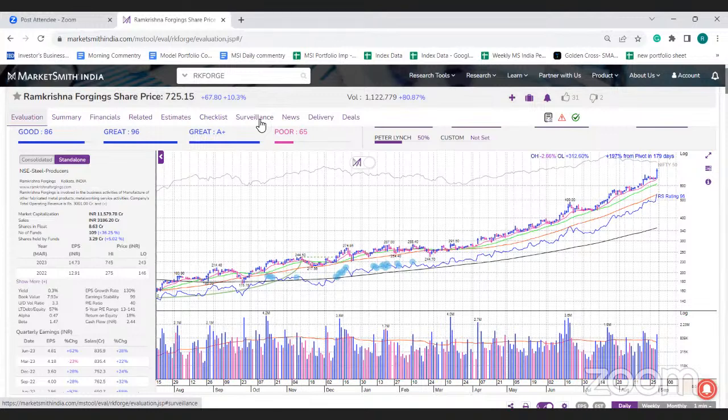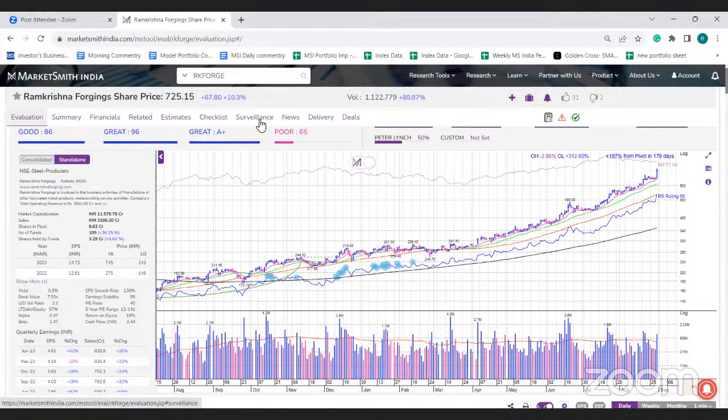If you have taken the breakout, you would have made lots of returns, and it's better to continue to hold it, because today's session is also very strong. You can see the stock closed more than 10% higher, and volume was also on the higher side. There is still fuel for growth in this stock. Maybe it might come back to its 21 DMA, but a fresh rally can still happen from there.